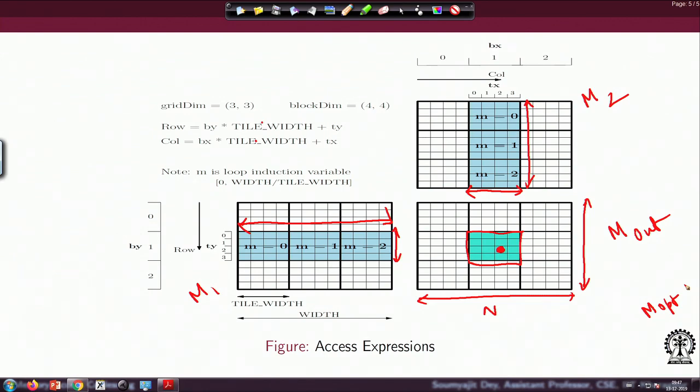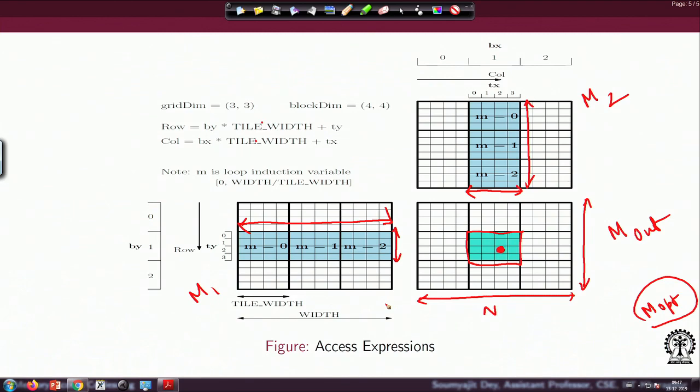Earlier I was computing for each location, and I was doing that n square number of times. But now, if I am using this optimized method for doing computation for one tile, the number of times I am going to call this method would be the total number of tiles here, right?